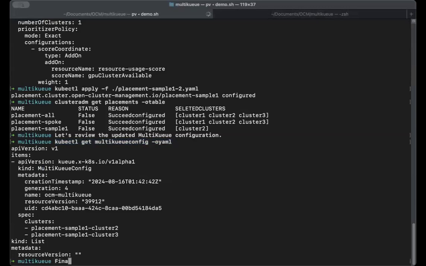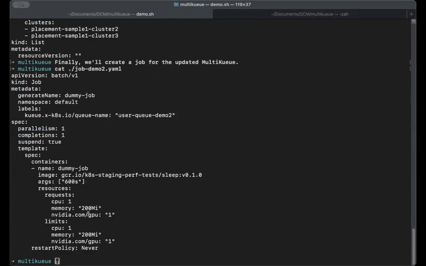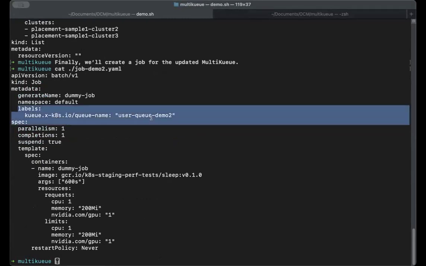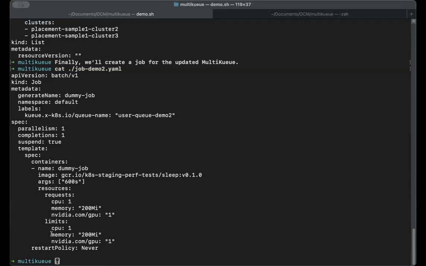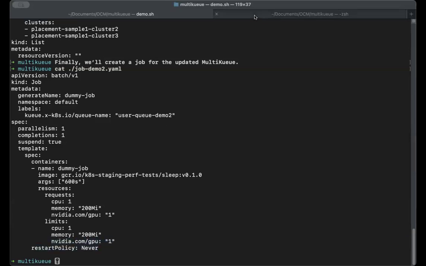Let's go on. Finally, we want to create a job for the updated multi-queue. For example, we try this job again. We apply this job again on the updated multi-queue, and it is again labeled with user queue demo 2 and also requires 1 GPU. Let's hopefully